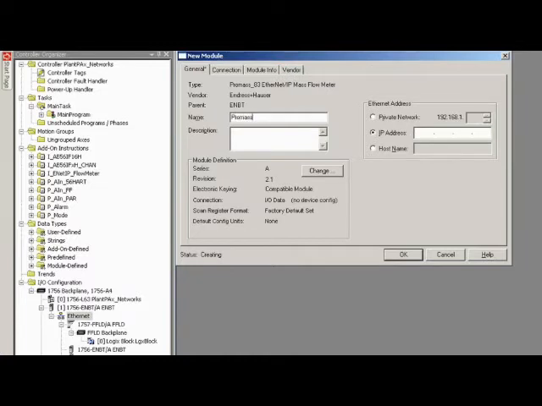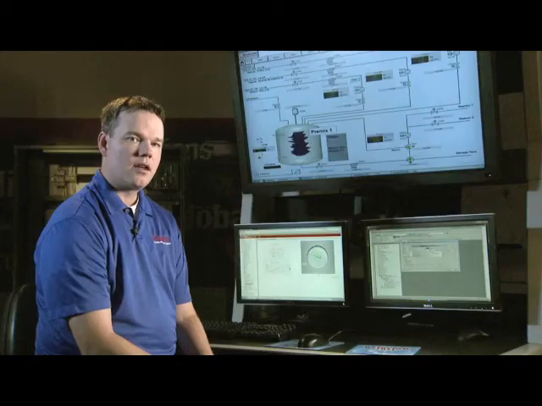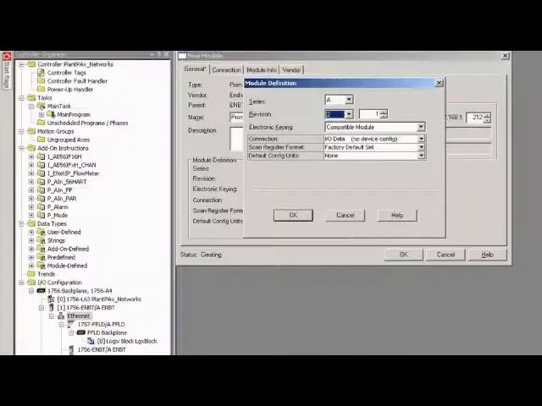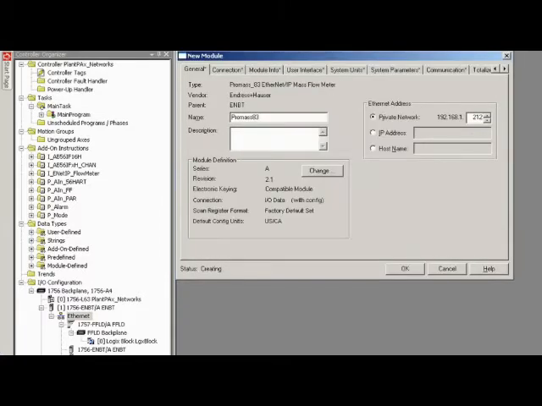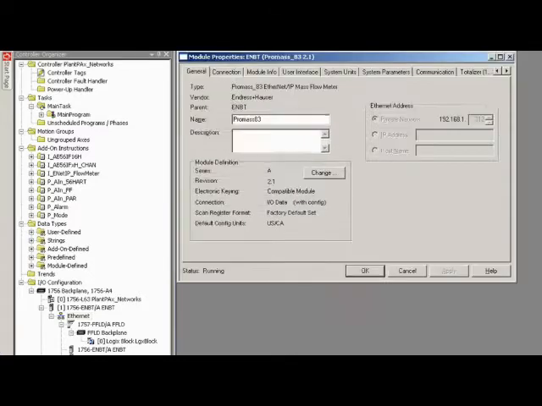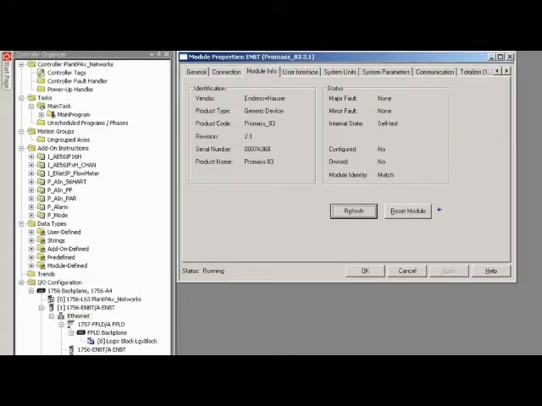Next, give the device a name and an IP address. You can get this IP address from the device itself. Make sure that the module definition is set to the latest revision, and change the connection radio button to I/O data with config. After you accept those changes, additional tabs will pop up, which will allow us to completely configure the device. As you can see, the system is already displaying critical information for the operator, such as health status